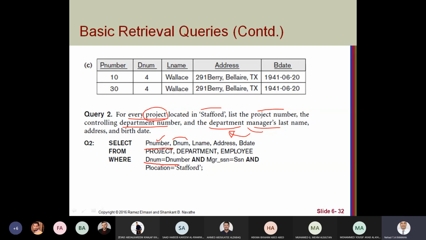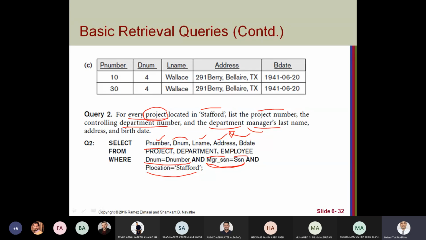This connects department and project. This connects department and its manager: this is the manager's number, the employee number, and this is the employee that has the same SSN number, which means they manage this department. And this is the condition for the project location. Then I need L name, which comes from employee.